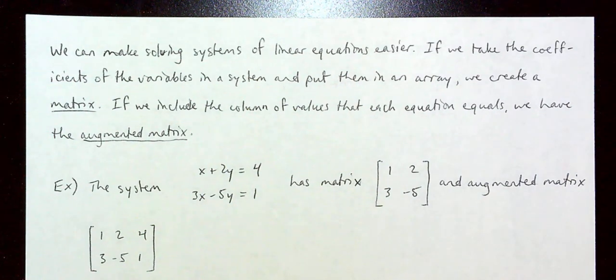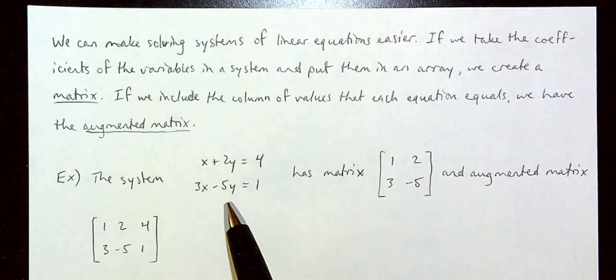If we take the coefficients of the variables in our system and we put them into an array, typically a rectangular array, we create what's known as a matrix. And if we include the column of values that each equation is equal to, we have what's known as an augmented matrix. So here, just to show you what I mean,